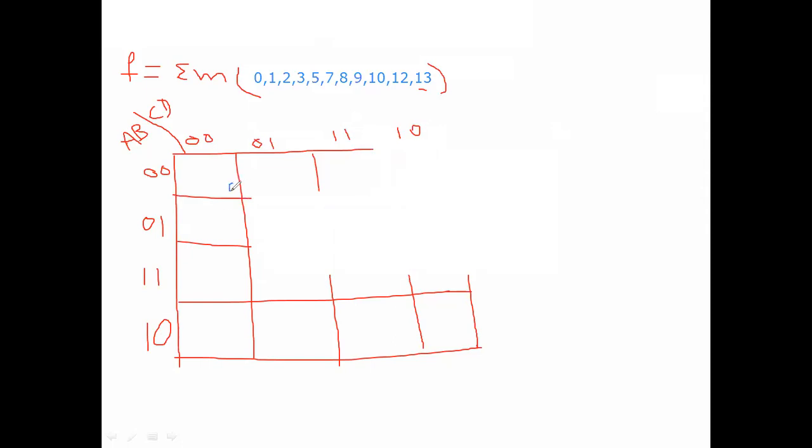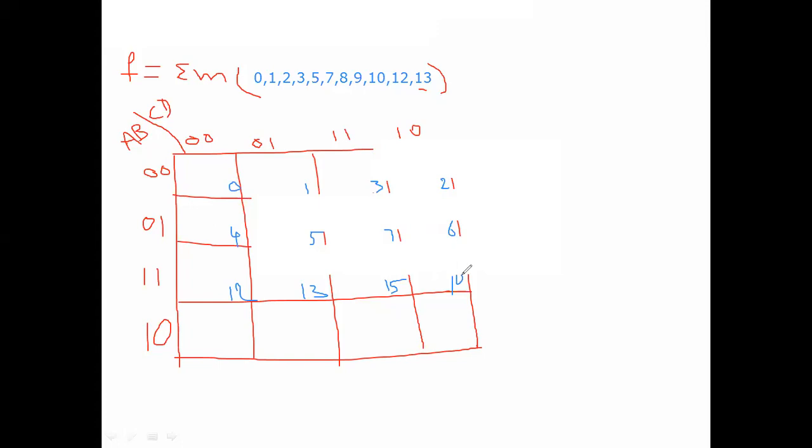This cell belongs to 0, 1, 3, 2, 4, 5, 7, 6, 12, 13, 15.